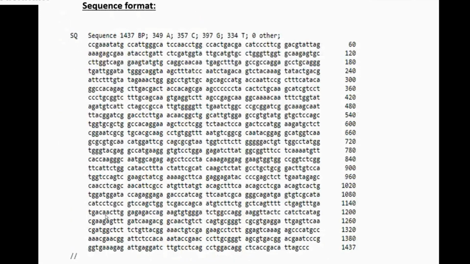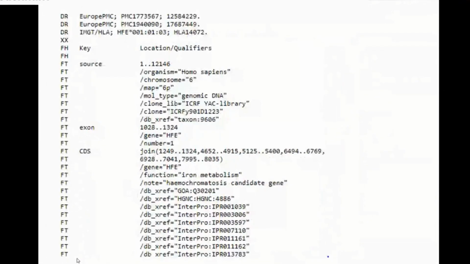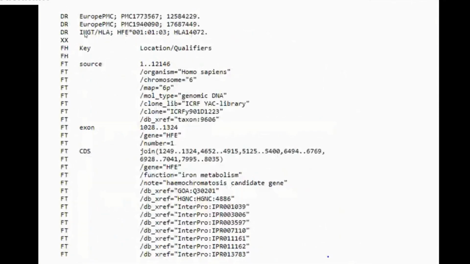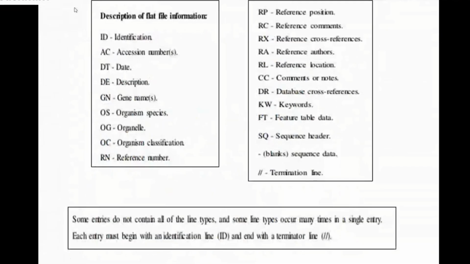Then this is the sequence which starts with the word SQ and ends with double slash. Okay, this is the format entry of EMBL, which starts with the word ID and ends with double slash. Here I have shown you the description of the flat file information. ID stands for identification, AC for accession number, DT for date, DE for description, GN for